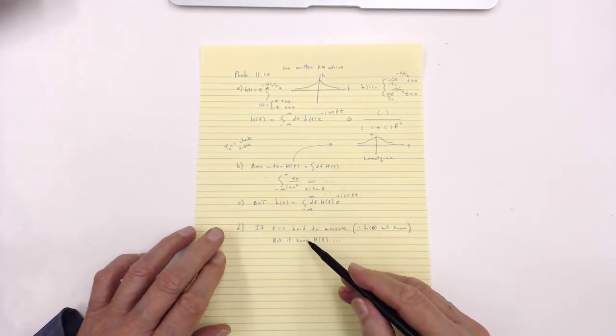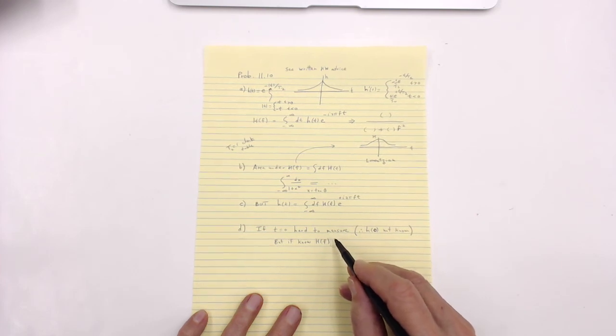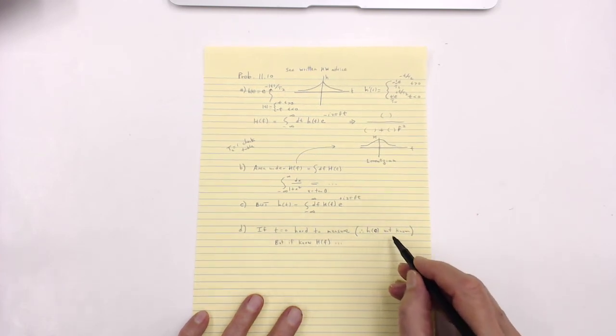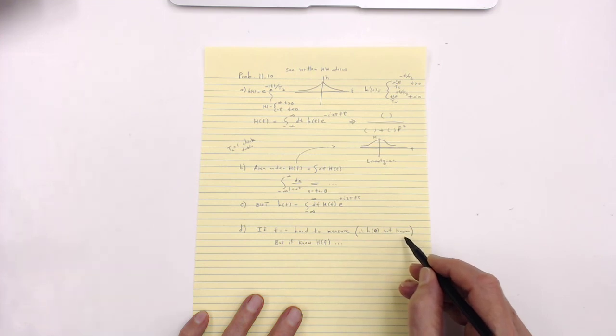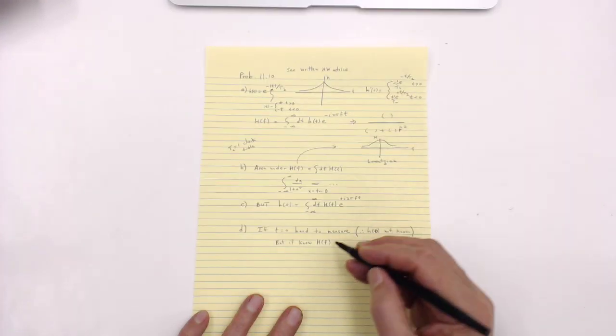In part D, if you can't measure specific values of time very easily, like for example, you can't get t equals 0, then h of 0 is not known. Well, but you did know h of f fairly decently over a range. Well,